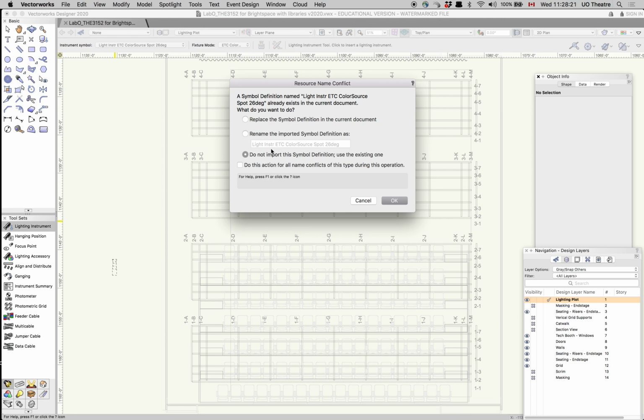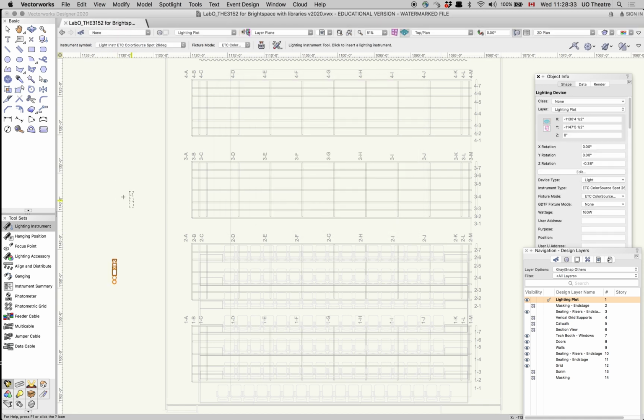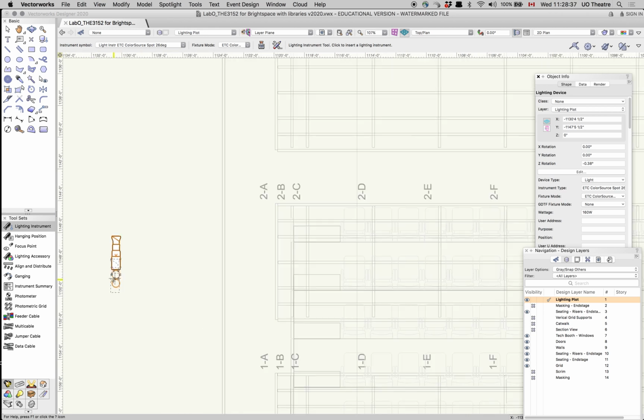Now, in my particular one, because I've tried to download something that's already on here, it's saying, hey, do you want to replace it? I'm saying, don't import this symbol definition. Just use the existing one. I don't need to make another copy of it. So what that does is it has now dropped a light. Now I've